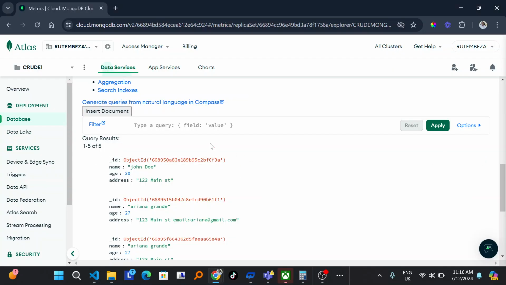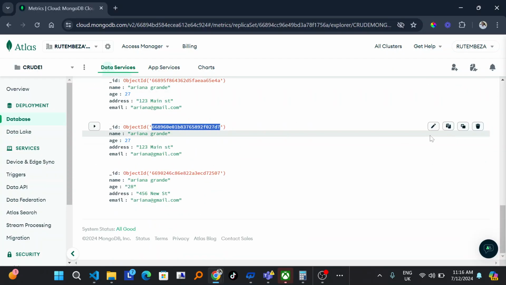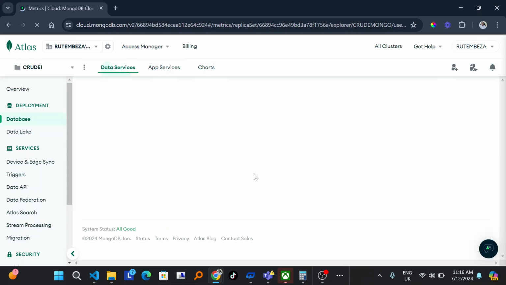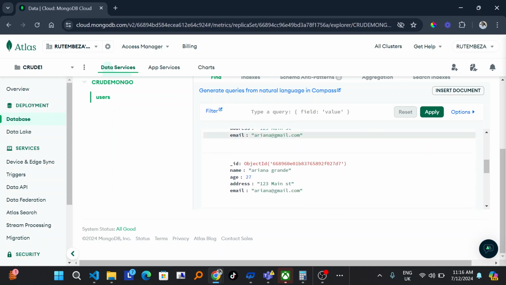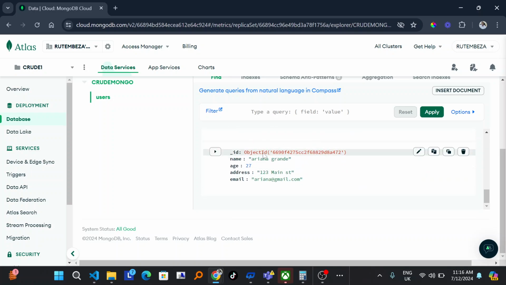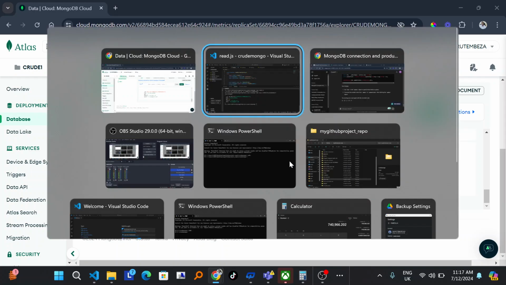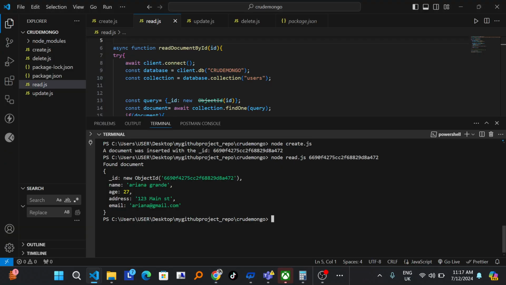As I compare from my database CrudOne and refresh it, let me refresh it. It will show me the result. You look, the output was 472 like this. This is the inserted data which has an ID of 472 and 6690 at the starting point. Let us come from here and write